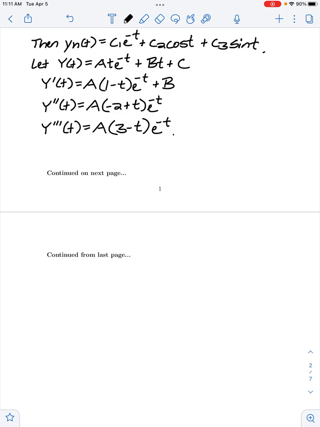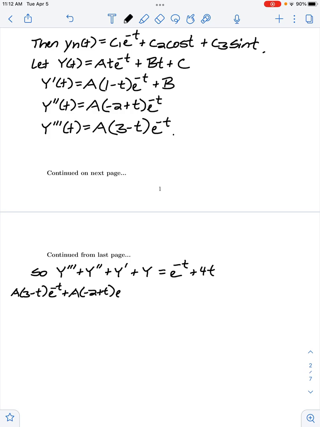So here we are looking for y triple prime plus y double prime plus y prime plus y, which has to equal our g of t function, e to the negative t plus 4t. So substituting in these expressions that we found, our third derivative is a times 3 minus t e to the negative t, plus our second derivative, which was a times -2 plus t e to the negative t,